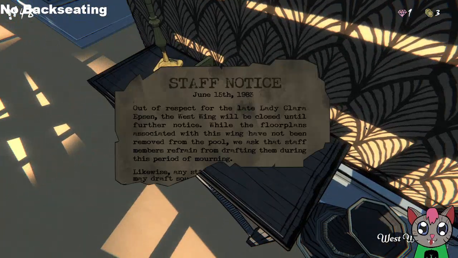Haven't been in here before. Staff notice, June 15th, 1983, so 10 years before his death. Out of respect for the late Lady Clara Epson, the West Wing will be closed until further notice. While the floor plans associated with this wing have not been removed from the pool, staff members are asked to refrain from drafting them during this period of mourning. Likewise, any staff may draft